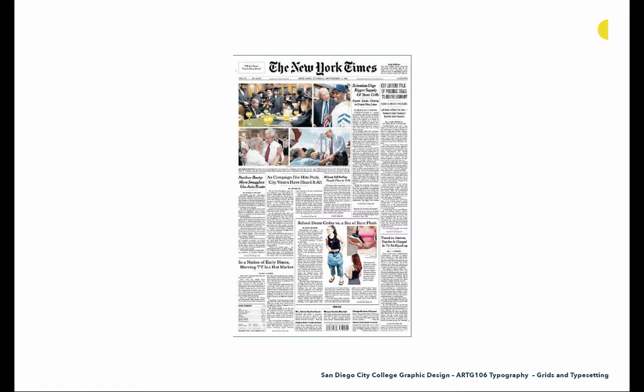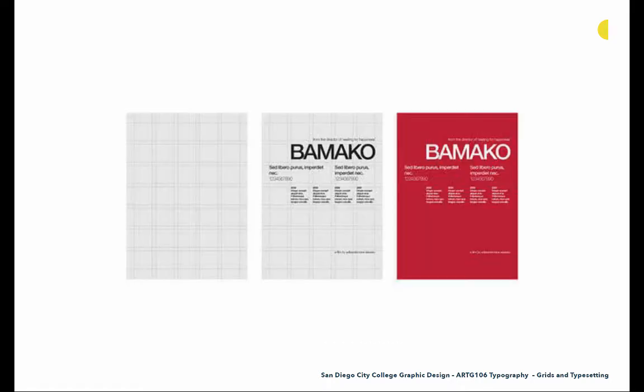It creates coherency. It makes it really easy for us to find information and see these different stories. Grids also help activate white space. That's another thing that they do, is sometimes by not placing things in certain places on the grid, it actually creates interest. So here's an example of a poster where we can see the grid and how all of the type in the middle perfectly fits within that grid. But then we can also look at the white space that's created by the interesting placement, and how that's what really makes this poster interesting, is the way that there's not information in certain areas that activates and creates this